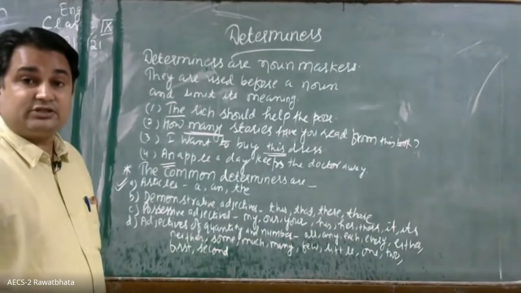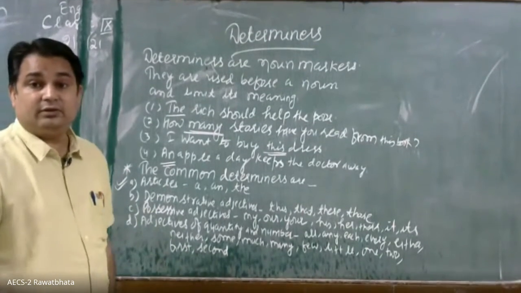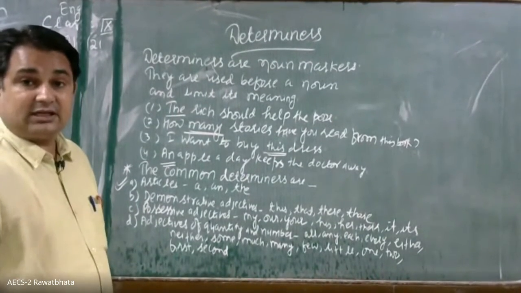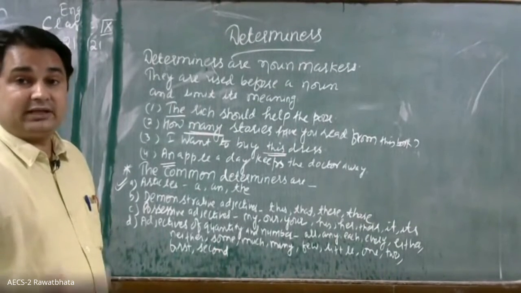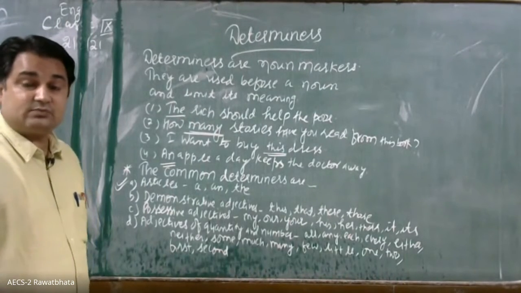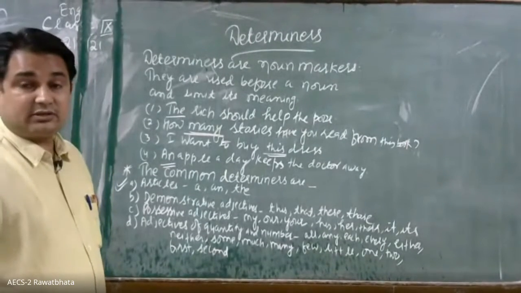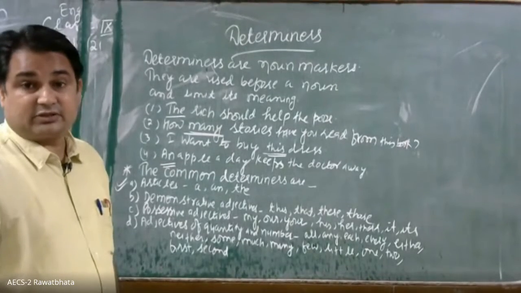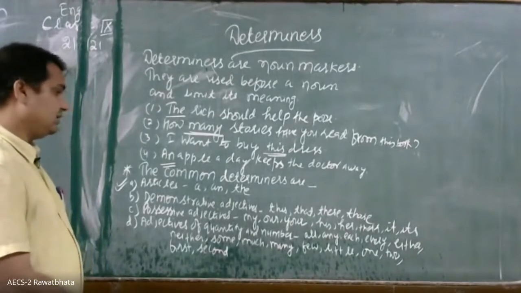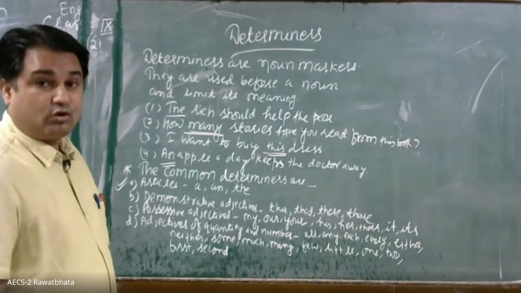A demonstrative adjective. Okay, that is his phone, that is his mobile phone. So that is used for what? To indicate a particular mobile. It is limiting, it is specifying its meaning. So that is his mobile. That is a demonstrative adjective. It is used here as a determiner. So demonstrative adjectives are what? They are determiners. Likewise, you can say these, those.